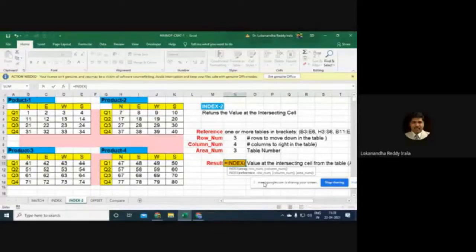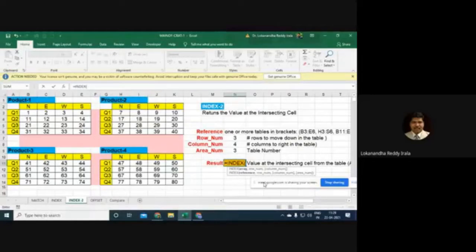So in all these arguments, what we were giving was a single array, either a single row or single column or a single matrix. So the reference was always a single matrix or a single array, a single column.